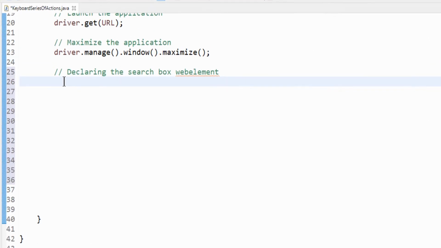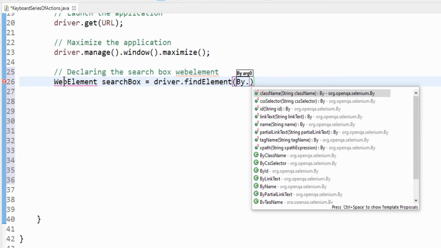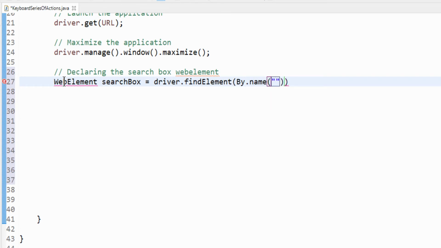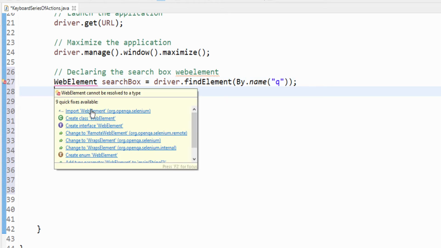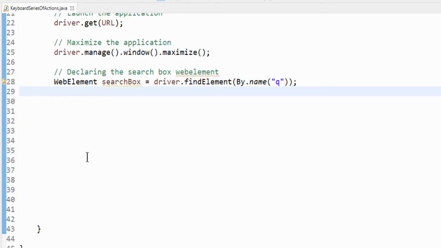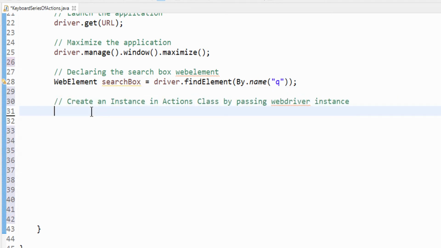So declaring the searchBox WebElement equal to driver.findElement(By.name("q")); and import the WebElement package. The next step, we have to create an instance of the Actions class: Actions object name equal to new Actions constructor, passing the driver instance.